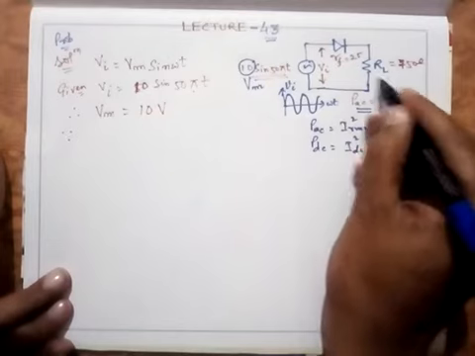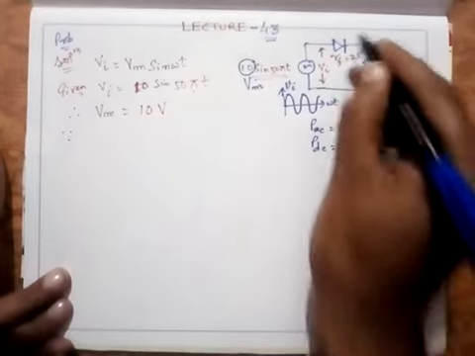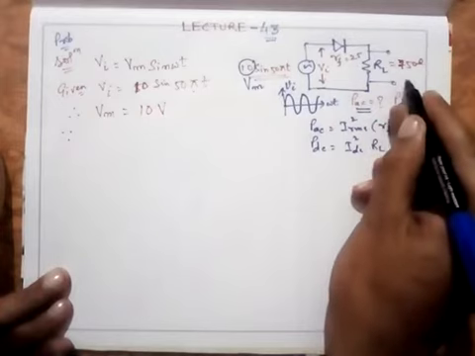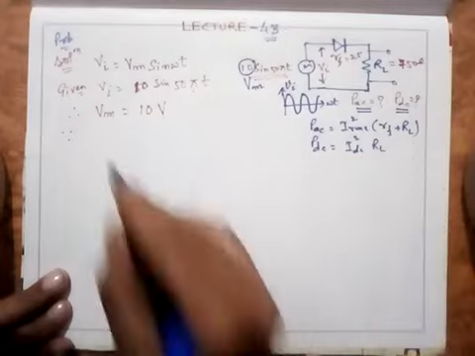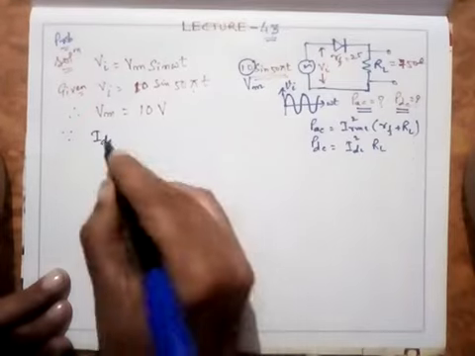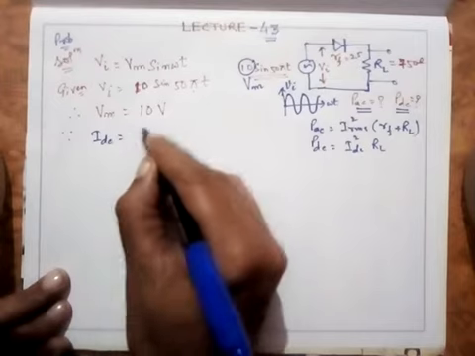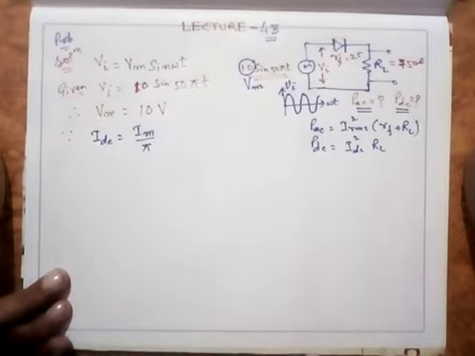It is a half wave rectifier, remember that. This circuit is acting as a half wave rectifier. So the output of this will be a half wave. And for a half wave rectifier, I know that IDC, the average value or the DC value of a half wave rectifier, is Im by pi. Now the point is to find the value of Im.